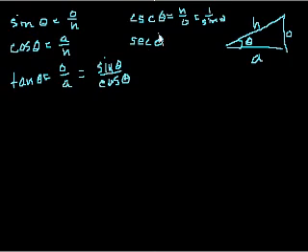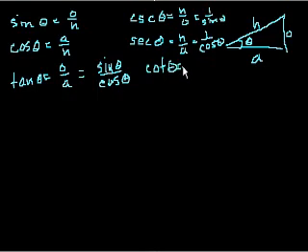Secant theta is really for convenience. If you end up with the equation 1 over cosine of theta, you can say, oh, that's just the secant of theta. I think it actually has some obvious properties if you were to draw a unit circle too. So that's equal to the hypotenuse over the adjacent, which is equal to 1 over cosine of theta. And then, of course, cotangent of theta is equal to the adjacent over the opposite,